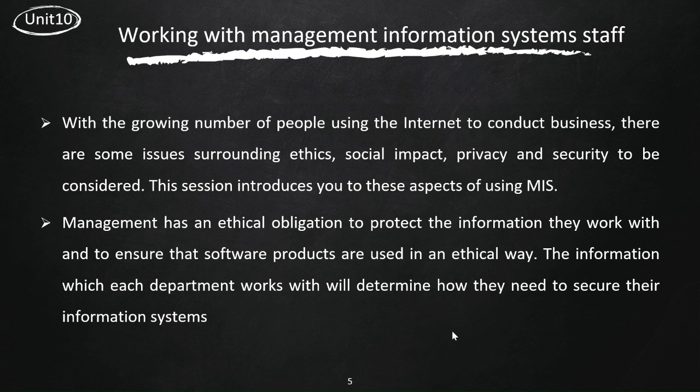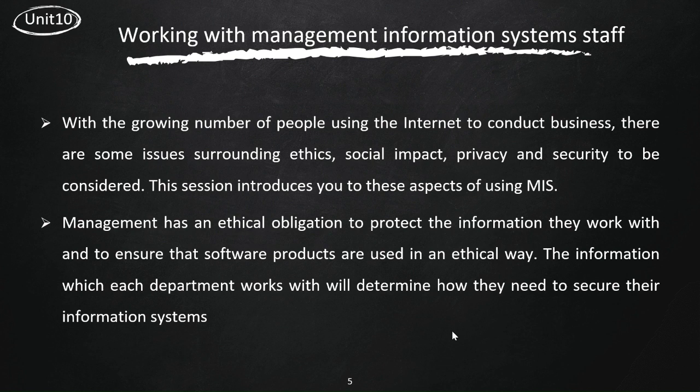So there are lots of people using the internet to conduct business. There are lots of issues with the growing number of people using this. There are lots of people who need to manage this, and someone to also manage them, because the truth is, there are issues around using people's information. It can be used for harm, it can be used for good. So there is need for coordination, for a guideline, and ensuring there is privacy, security, and protection of people's data,